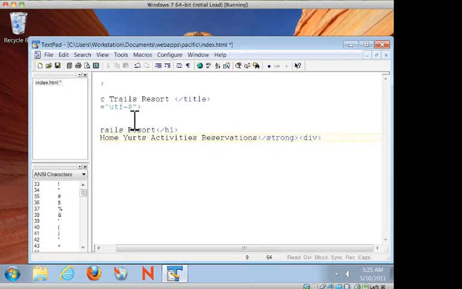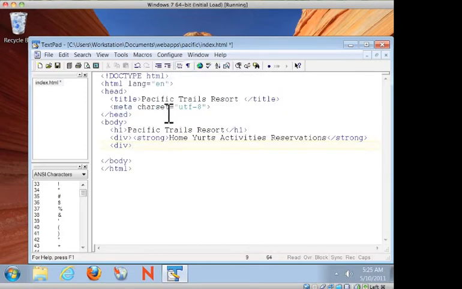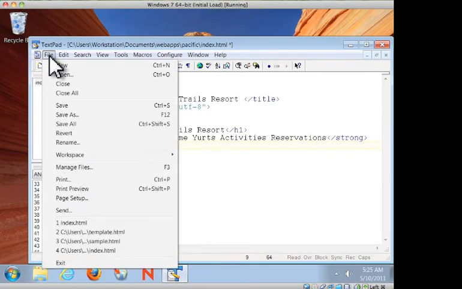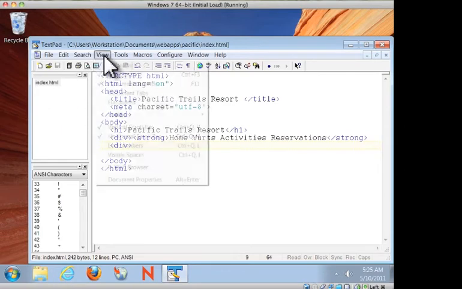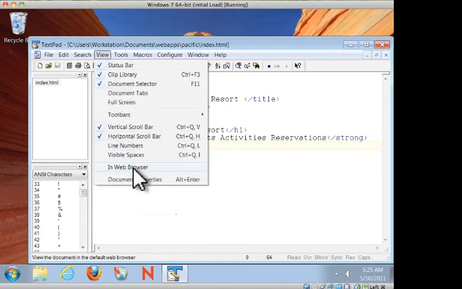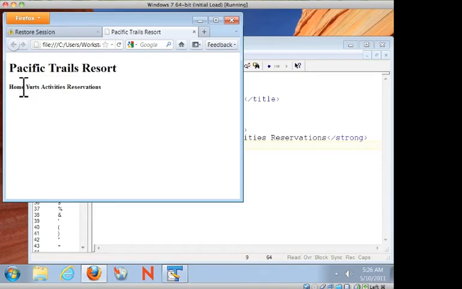Now we're starting to scroll over to the right side of the page, and for our own sake as programmers here, let's configure so that we word wrap, and now we can see everything on the page. And let's also save our file and do an incremental build here by viewing in the browser. Okay, Pacific Trails Resort, and we have the start of our navigational area,